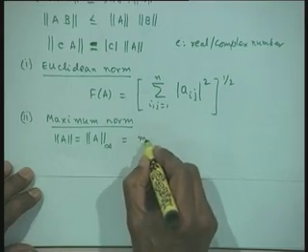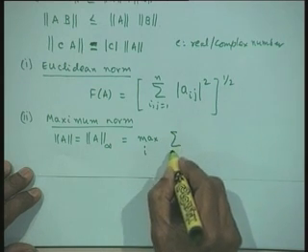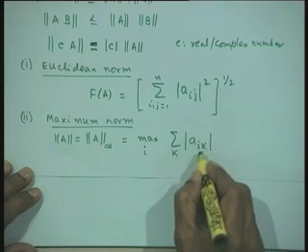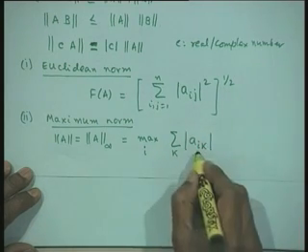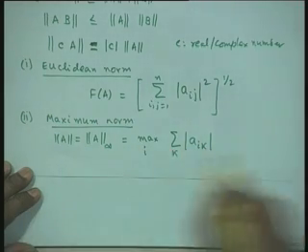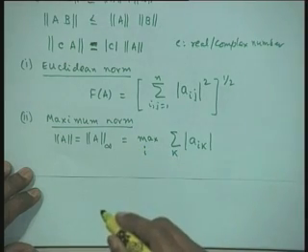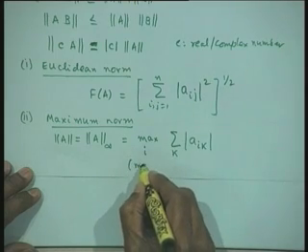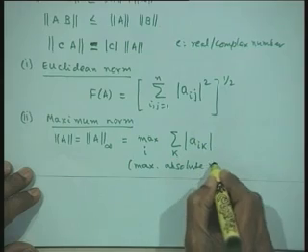That means this is the maximum with respect to row i, of the summation with respect to k of |a_ik|, that is, these are all the magnitudes of the elements. I am summing up with respect to k, so all the values in the row are added in magnitude, and then I maximize it with respect to all the rows, and this will be the maximum norm. So, I can call this the maximum absolute row sum.